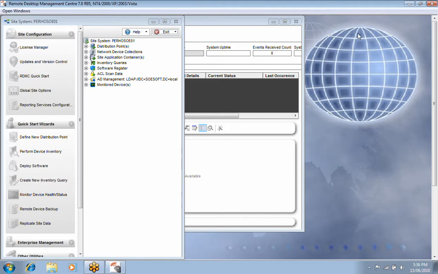In order to use the patch management features, you also need to have some understanding of the way Windows identifies applications within the registry. So we will cover that quickly as well, just to give an idea of how to set up patches appropriately. So we'll start with the application deployment. Within RDMC there are several different methods that you can use to deploy an application. Now to demonstrate this, if I jump into a device collection,